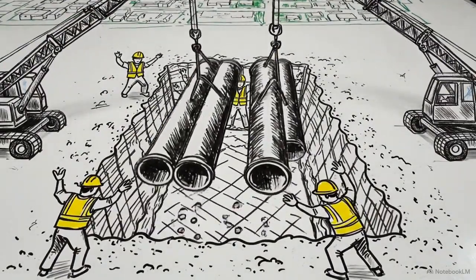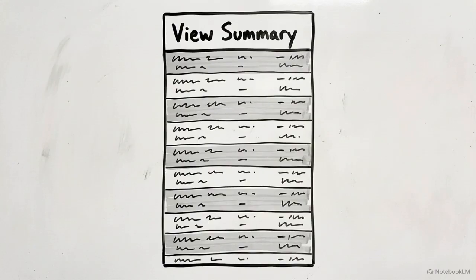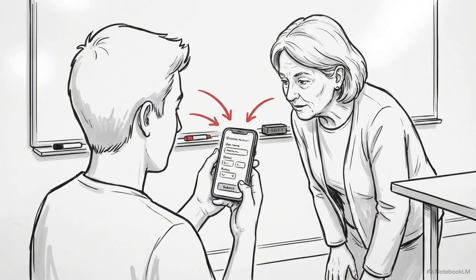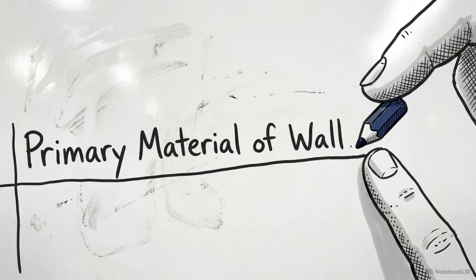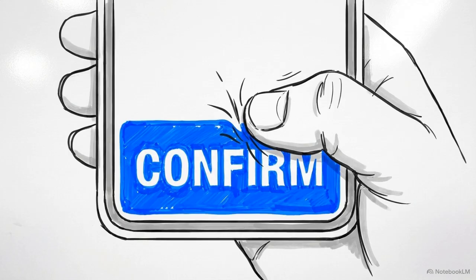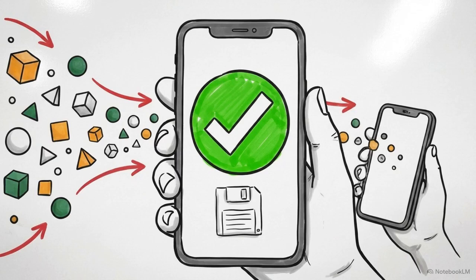After the final survey question, the app automatically generates a summary list of every answer you just provided. Review this list carefully with the resident. If you spot an error, tap directly on that specific question within the preview to change your answer. Once you verify that all data points are accurate, tap the Confirm button. This saves the entry locally to your device.